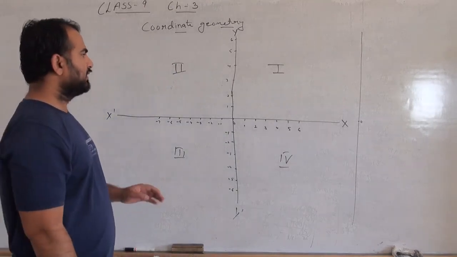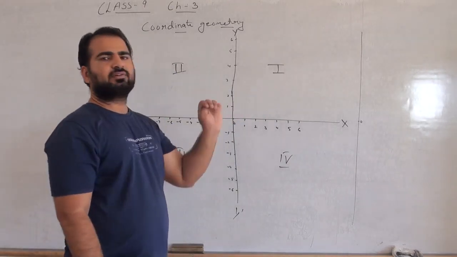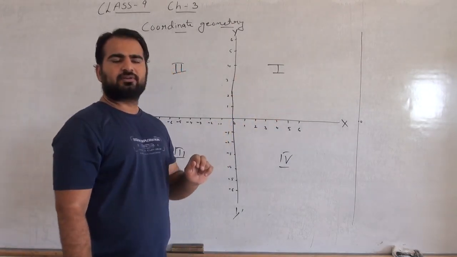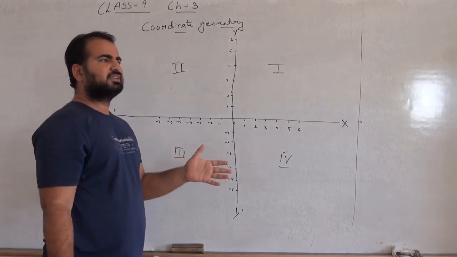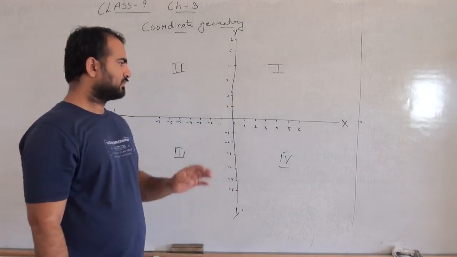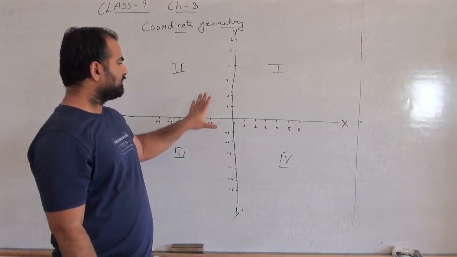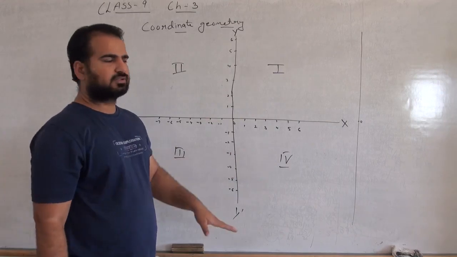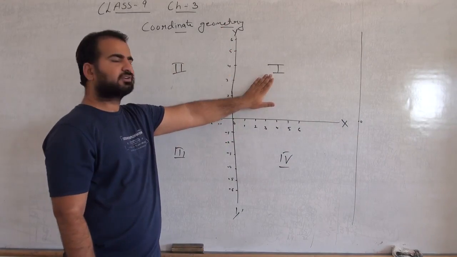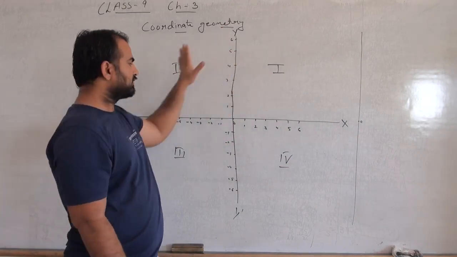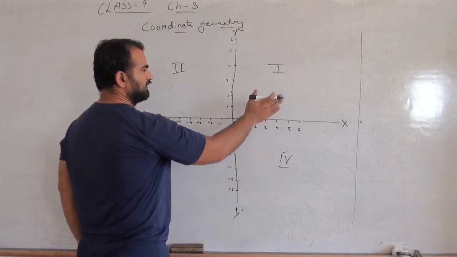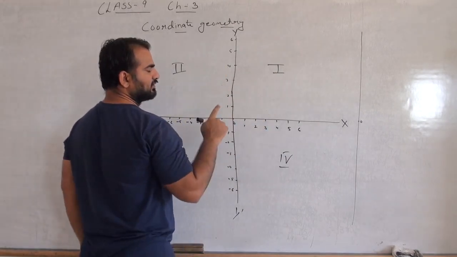In this first quadrant, we already know that positive x and positive y will be there. Like in class 7 or class 8, we know how to place a point on a Cartesian plane. In class 7th and 8th, we don't have the other quadrants. We have our graph like this, and only this quadrant was useful there. The total Cartesian plane contains 4 quadrants.